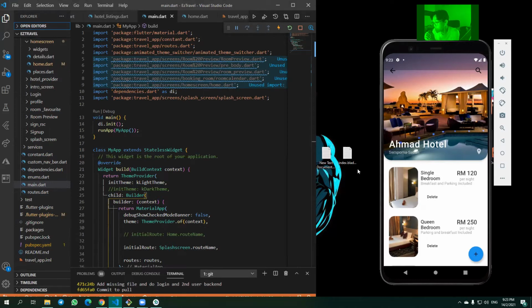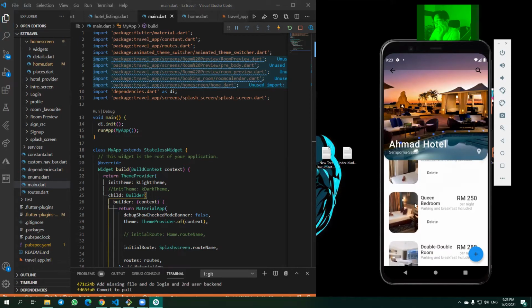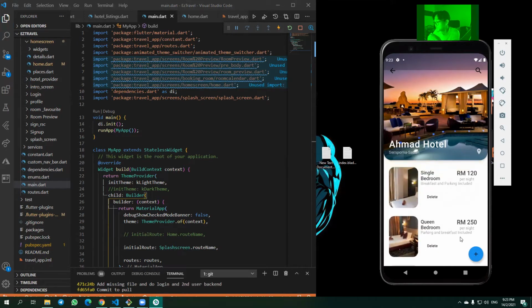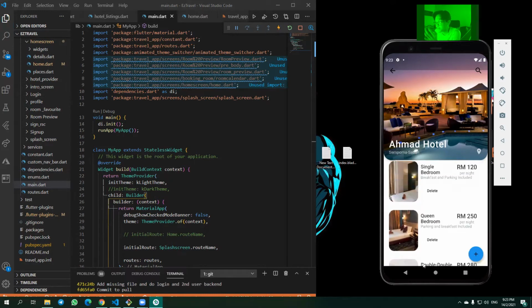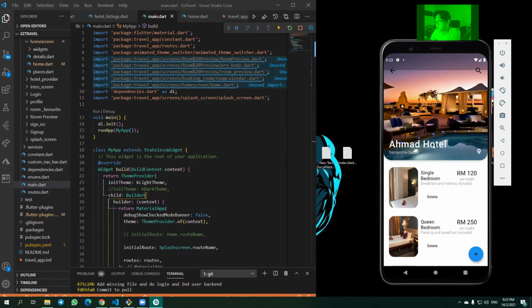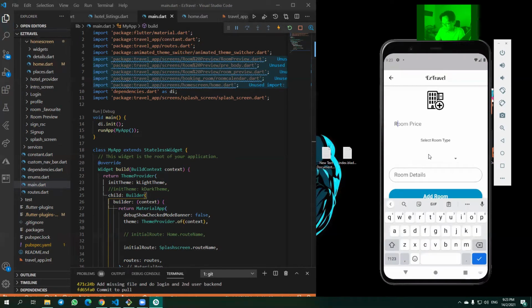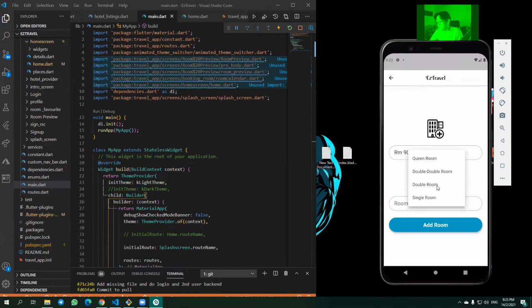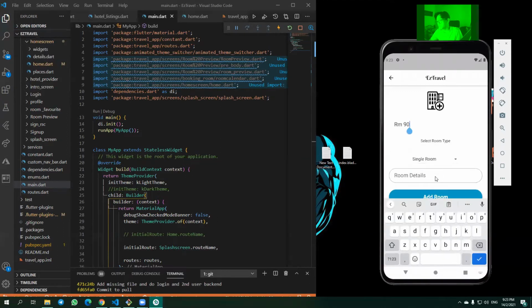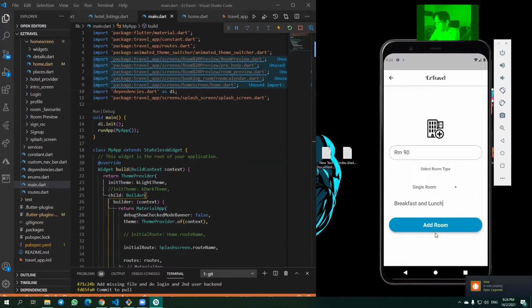At this Ahmad Hotel, the code that we did is that they can add a listing and also delete their listing. For example, this is the hotel room listed by Mr. Maradona for his hotel, Ahmad Hotel at Semporna Sabah. When we click add, we can add a room, RM90. We choose the type of room, and we can also say what the customer will get from this room, breakfast and lunch. When we click add room,